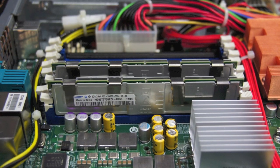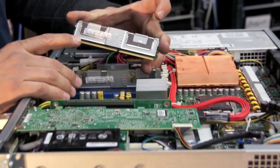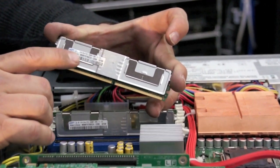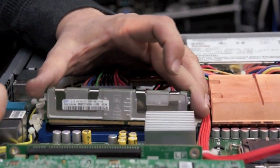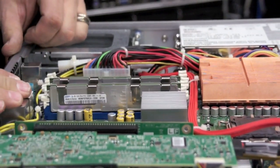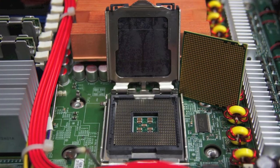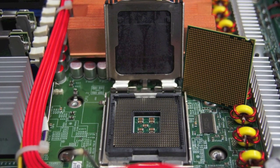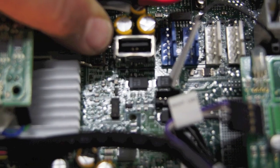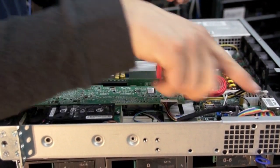This is fully buffered memory that is much faster than anything else on the market. It runs at 1 gigahertz speed for the memory bus, a lot faster than what you're going to find with the AMD CPUs. You have Intel in here. It supports up to dual quad-core CPUs right here. You have USB onboard boot. Then you have the Rackable